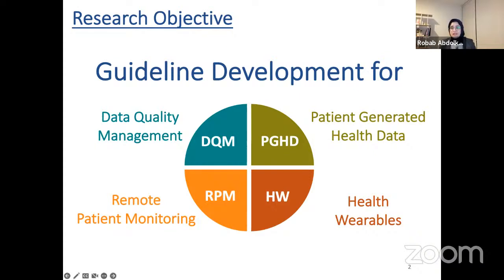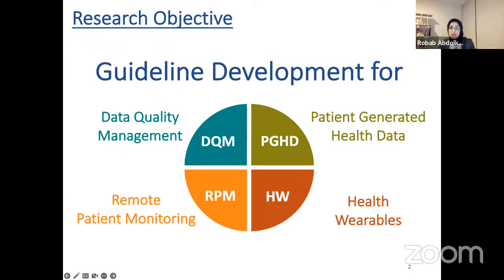And RPM will continue to play an important role during and probably after the pandemic. But the successful implementation and use of these initiatives relies on high quality data and efficient data collection and management processes. But what's the current situation of remote monitoring, and to what extent does it consider the quality of this data, and what's the role of that quality management in these programs?